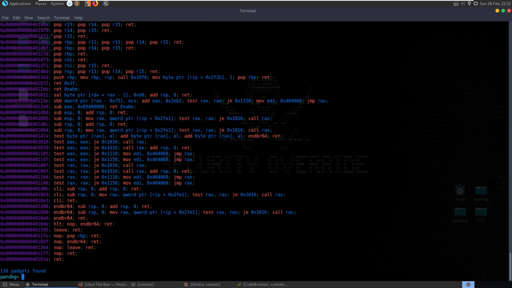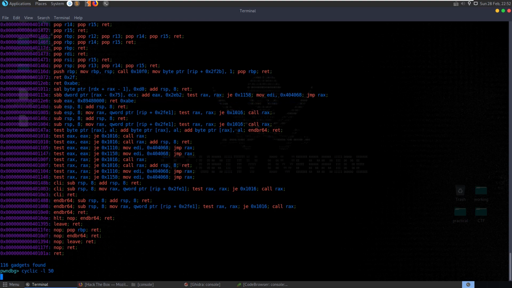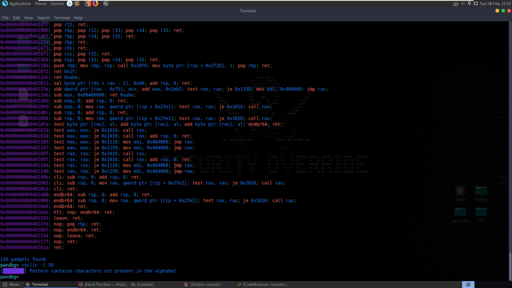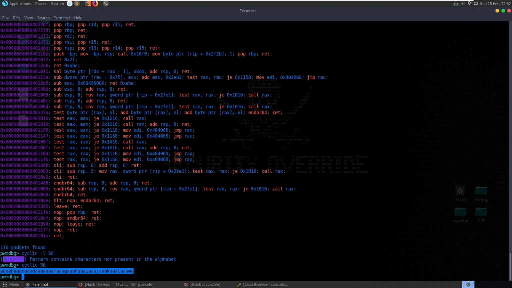So we need to find that offset. So let's generate a cyclic pattern, cyclic-l. We could do 100. I'll just do 50 because we know that, oops, sorry, it's not cyclic-l. That's to look for them. We know based on the size of the buffer, it's not going to be much. It's not going to be very big anyway. So that'll do that. So we'll run the program,